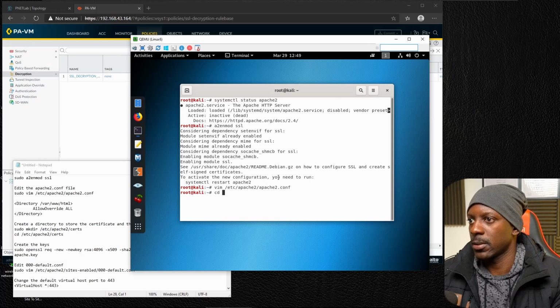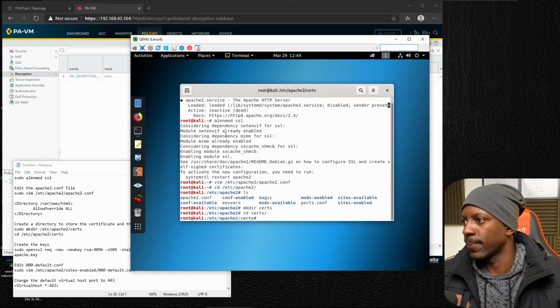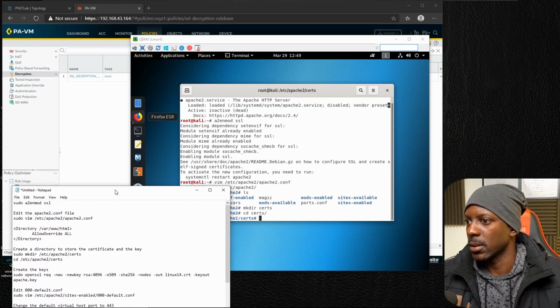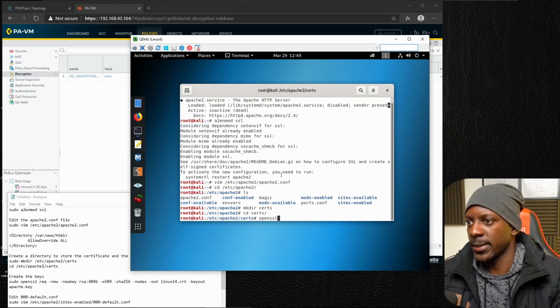And next we're going to create a directory. So let's go to /etc/apache2. Okay, so I'm going to create a directory, certs, get inside this directory, and then here we're going to generate the certificate. So we're going to use OpenSSL req -new